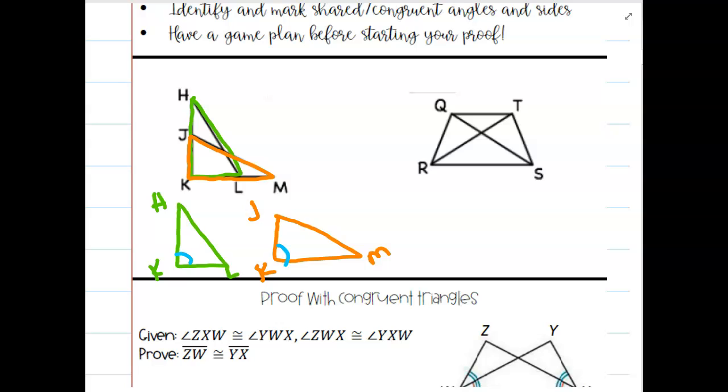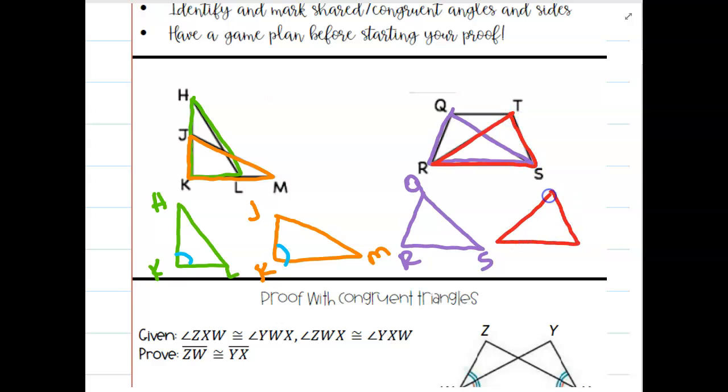So you kind of have to look at it in the 2 separate diagrams and then go back to the original one. Like this one here, I have a lot of triangles. But the 2 triangles I'm going to pick out are going to be this one here. So let's look at triangle QRS. Okay, so that one right there, QRS. And then this triangle is TRS. So if I copy this one down,